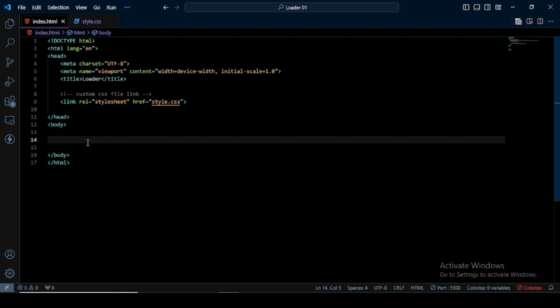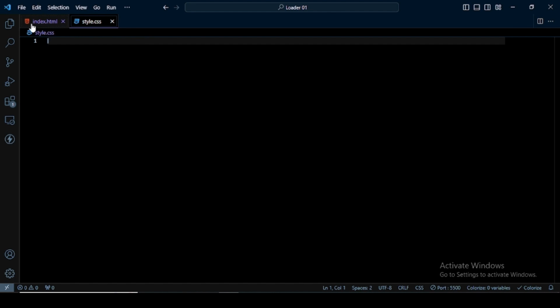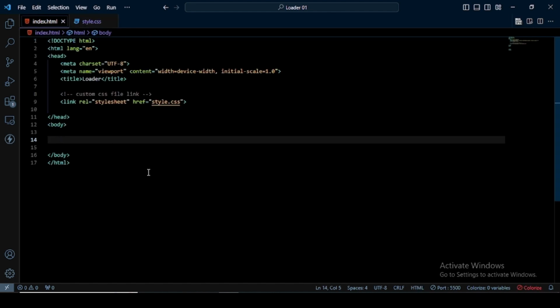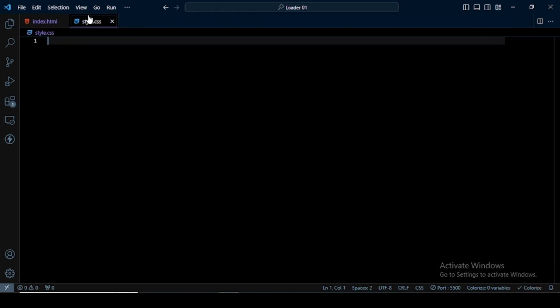I have opened my code editor and here I have an index.html file and a style.css file. Now I write the code for our project. So first I write a div and give a class name loader. Then go to the CSS file, and in this file first I write a universal selector, and in this I